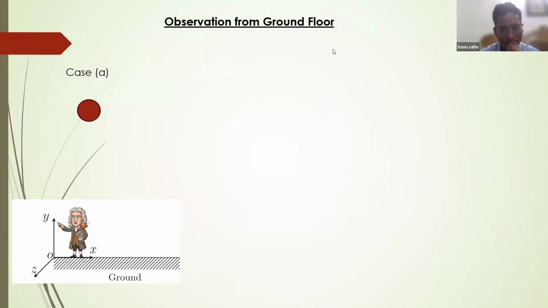I have actually selected only A, B, C, but now I feel that even D is correct, in the sense that as long as the ball is in his hand, it is stationary with respect to him. And when it is released, it is going down with respect to him with the gravitational acceleration g. It is only with respect to that man in that lift, I mean in the spaceship.